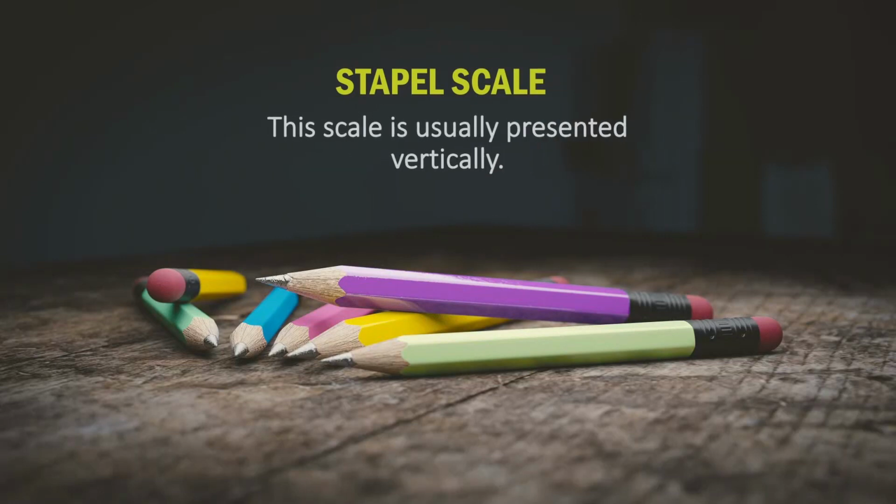Neutral point 0: we have seen in Q-sort, as far as the comparative scale technique is concerned, that there was a 0, then -1, -2, -3, -4 and -5, whereas +1, +2, +3, +4 and +5. So this is without 0. The scale is usually presented vertically.